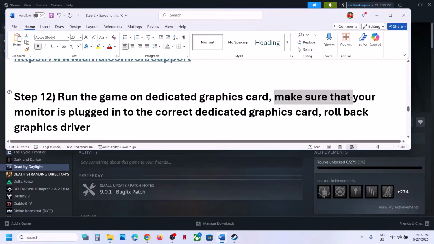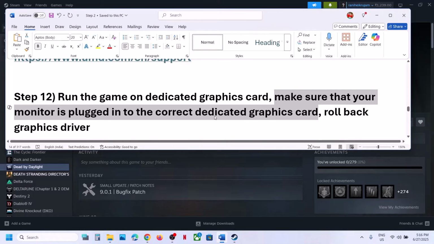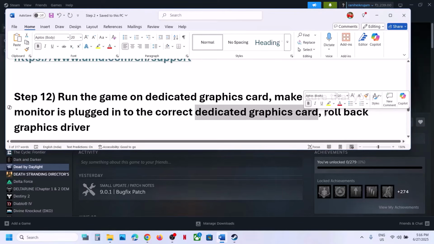Now desktop user, make sure that you connect your monitor to the dedicated graphic card. So make sure that your HDMI cable or maybe display cable is connected to the dedicated NVIDIA or AMD graphic card. Sometimes it's connected to the onboard graphic card, that is motherboard graphic card, that is inbuilt, it may be Intel one. So make sure that you connect the monitor to the dedicated graphic card slot